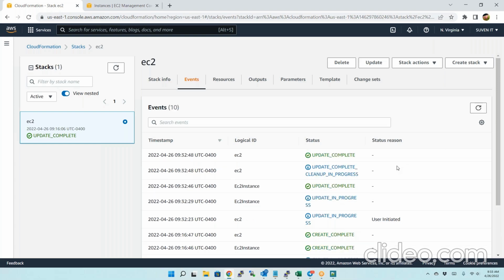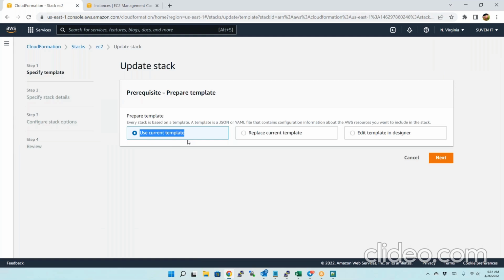Exactly, whatever we need. That's why, if there are one or two changes, we can update from the existing template. Whatever we can update from the existing template, that we can do. So if there is no updating, this means, like, just